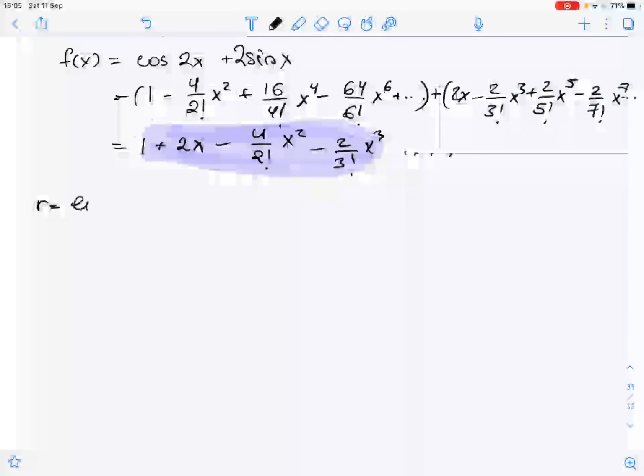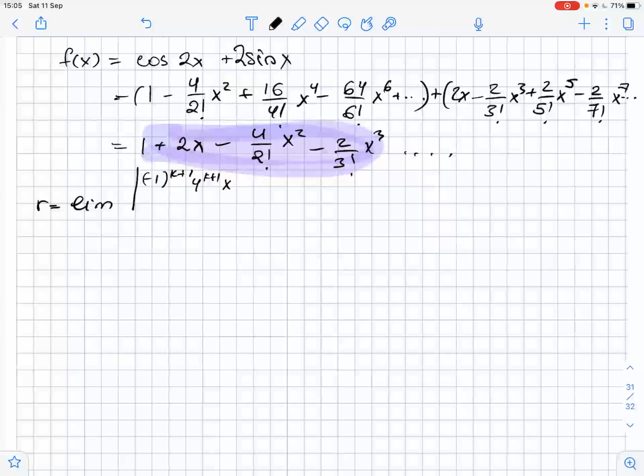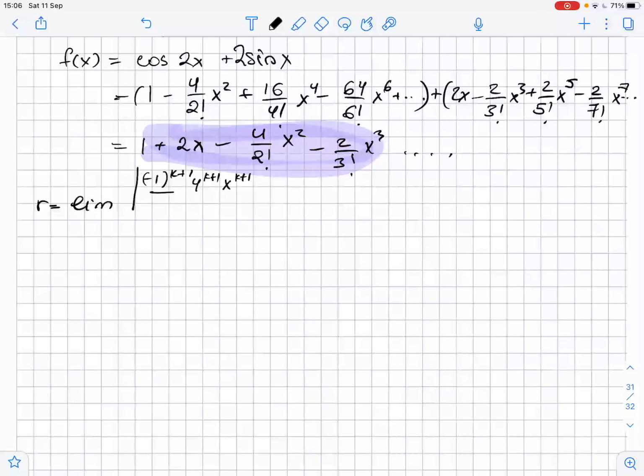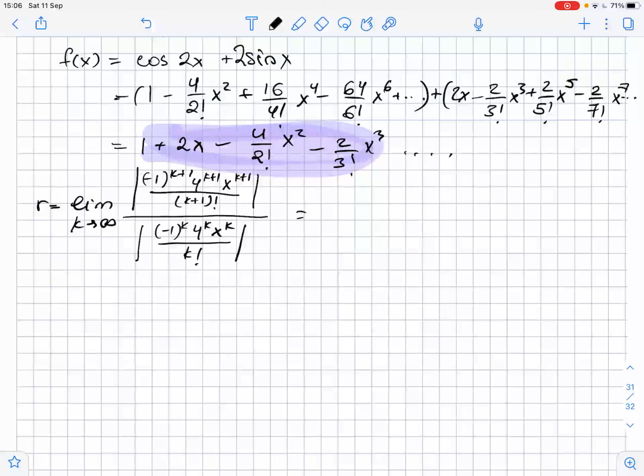We will use the ratio test, and we get that r equals the limit of the absolute value of (-1) to the power of k plus 1 times 4 to the power of k plus 1 times x to the power of k plus 1 over (k plus 1) factorial, and this whole thing is divided by the absolute value of (-1) to the power of k times 4 to the power of k times x to the power of k, and this whole thing is divided by k factorial,